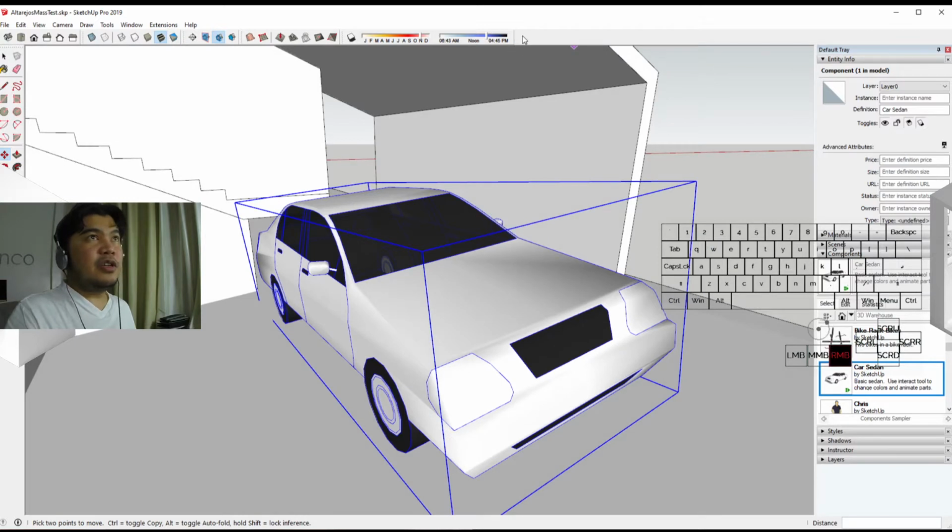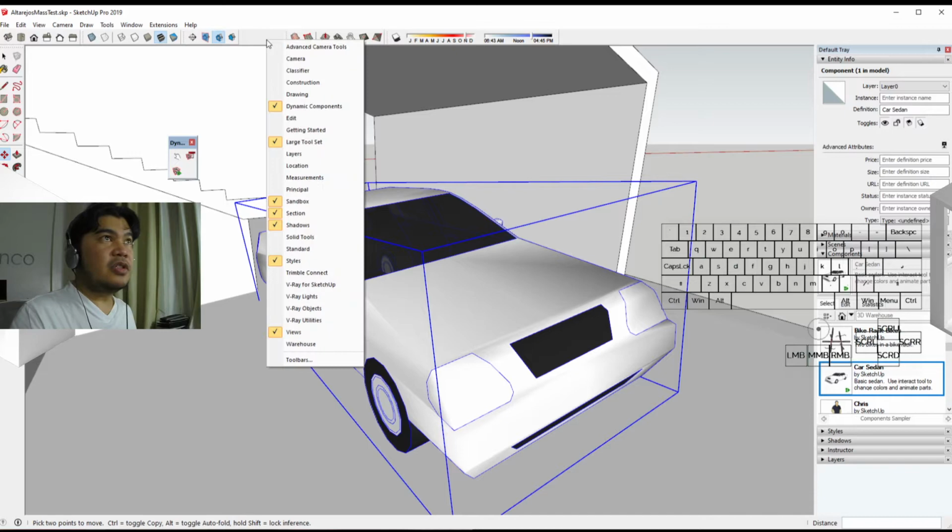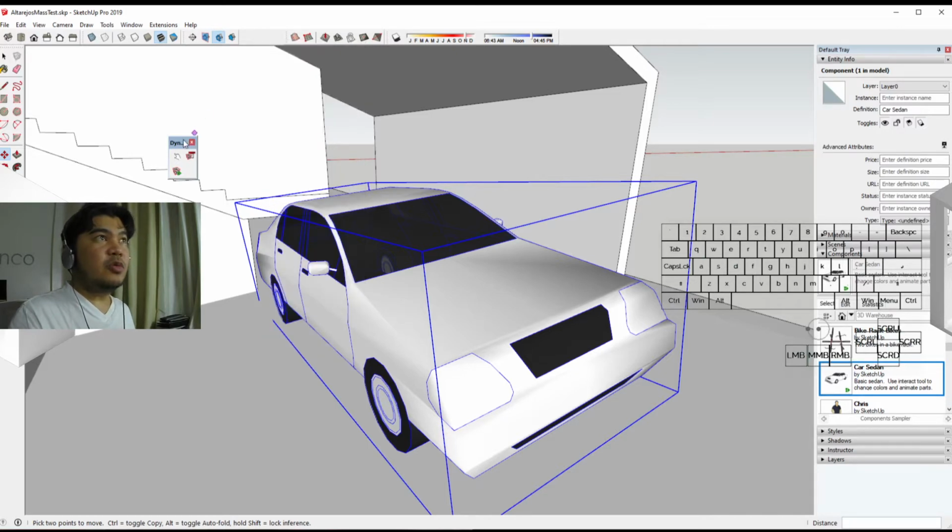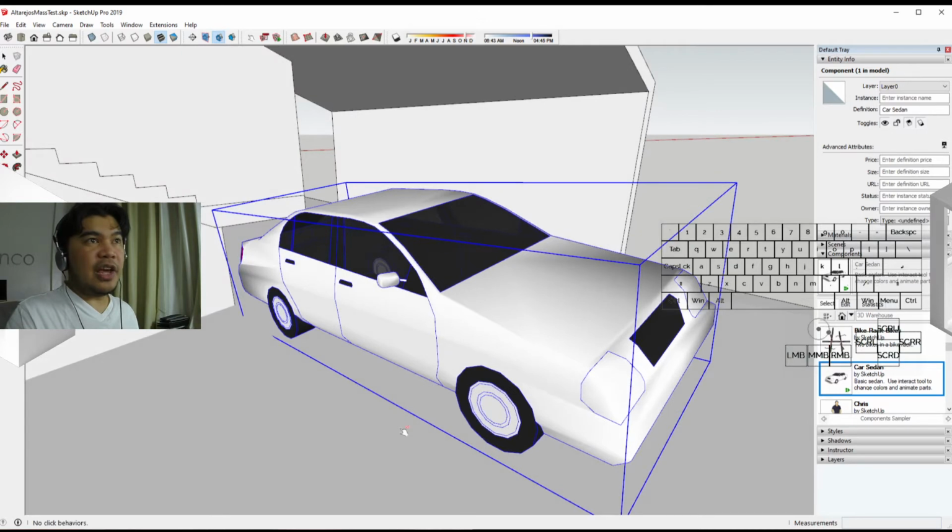However, if we call out the dynamic components tab here, you can see that there is a toolbar. Let's put it back, and then this hand here is an interaction hand, and if you see it, it changes